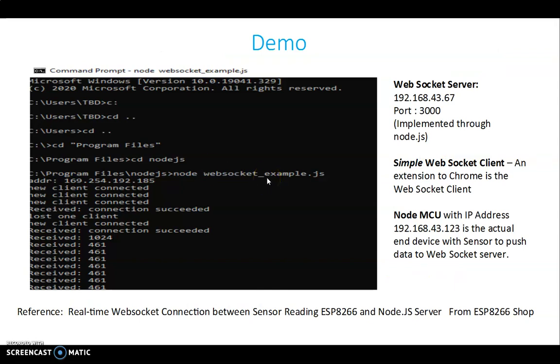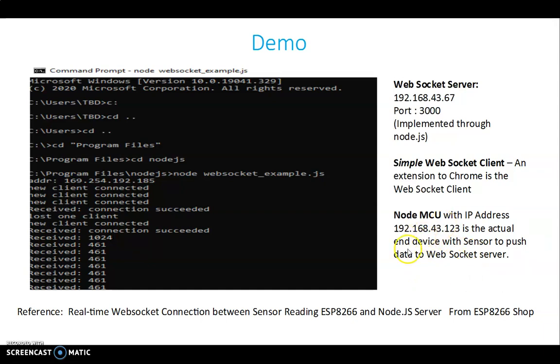Now you have a demo program. The code description contains the link to the code. It is a real-time WebSocket connection between a sensor and an ESP8266, a Node.js server. So this code is there. You have to create an extension to Chrome, which is actually a WebSocket client, and then we have a WebSocket server running on the NodeMCU. The NodeMCU is actually any device with a sensor to push the data to the WebSocket server.